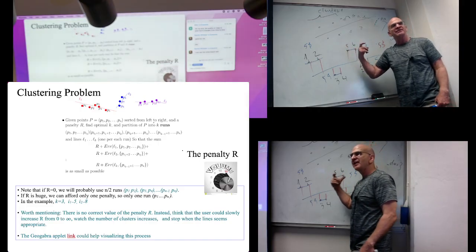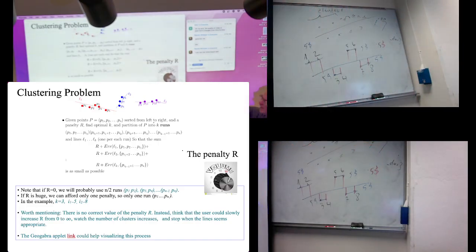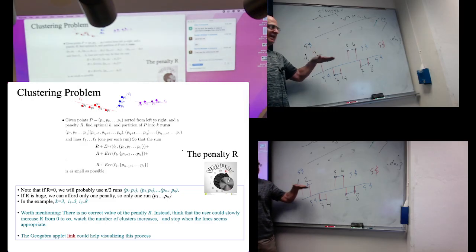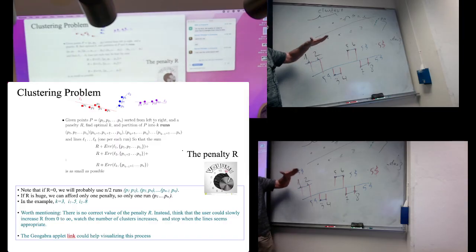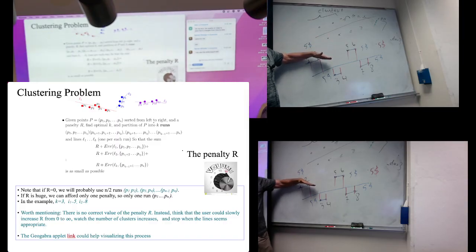There is no correct value of the penalty for R. It's something that the user needs to decide or play with, but for every value of R, the problem is well defined. It's a nice optimization problem. The user told you, I want to try R that is $17. Now, for this particular penalty, every cluster you have to pay $17, plus you have to try to match the points to the clustering,